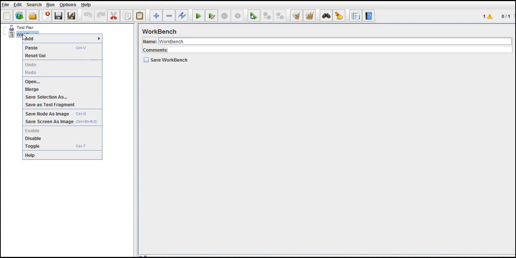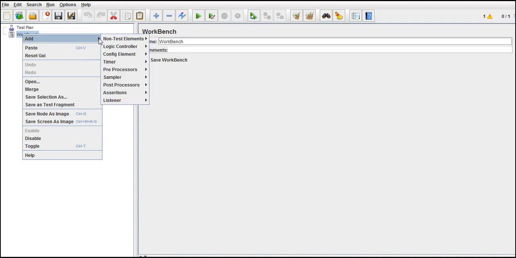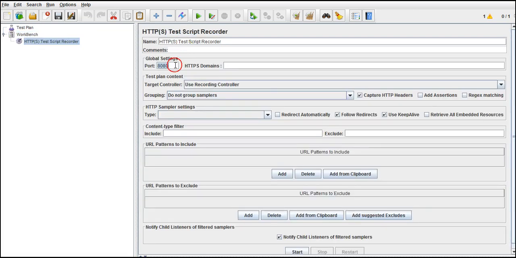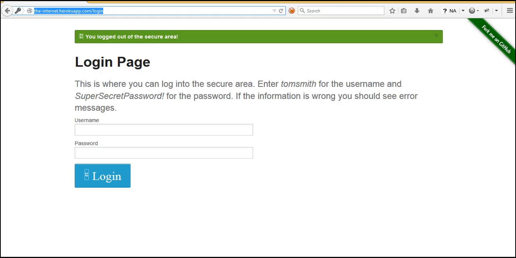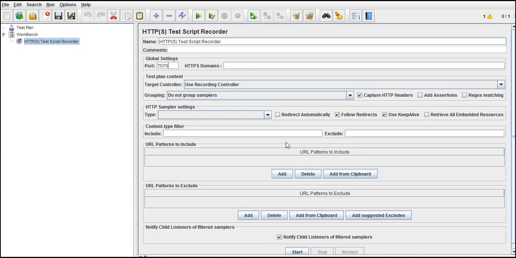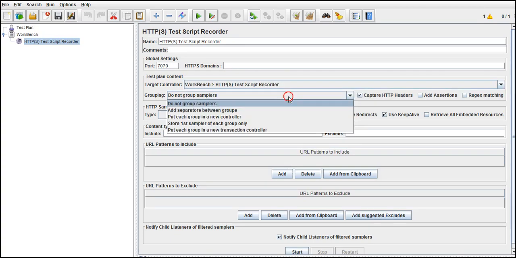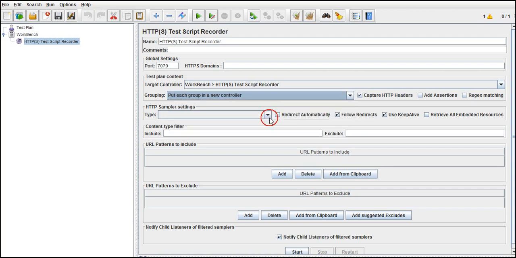Okay, so in Workbench, right click, add non-test elements, HTTP test script recorder. Throughout our course we will be using port number 7070 because I configured my Firefox on 7070. I'll be using the test script recorder, and I need to sample it in each group.